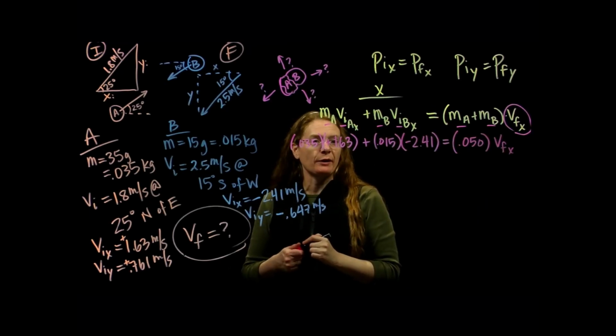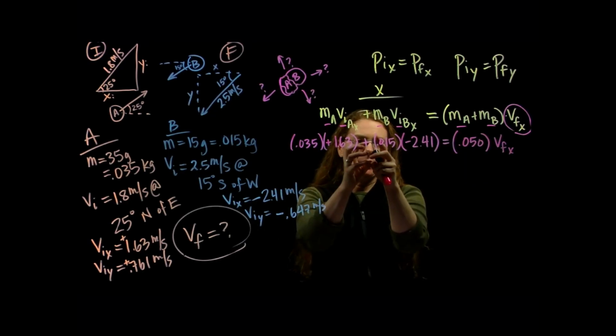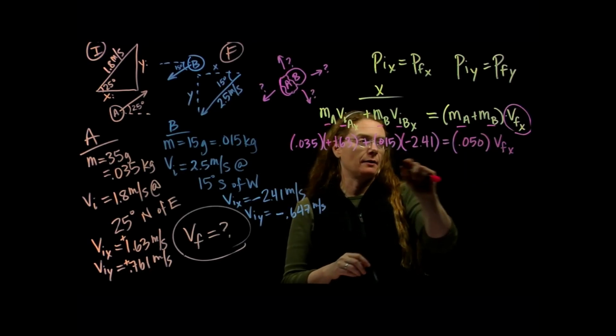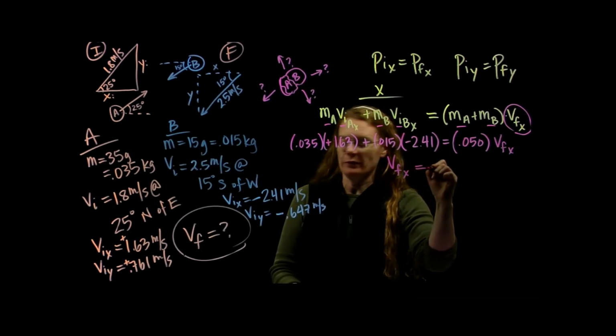We know everything but V final x. So multiply these, add them together, keeping in count that negative, divide by 0.05 to solve for V final x,